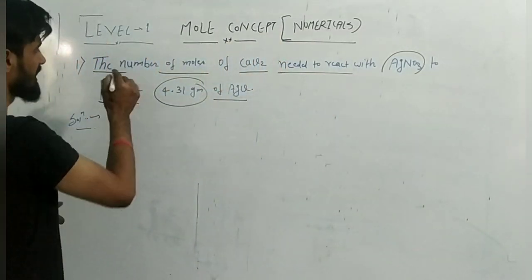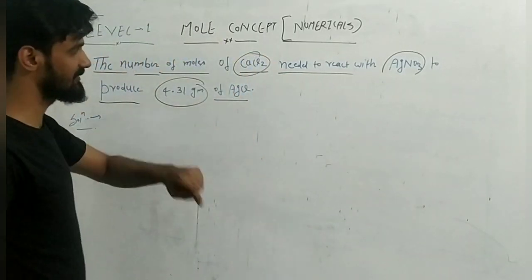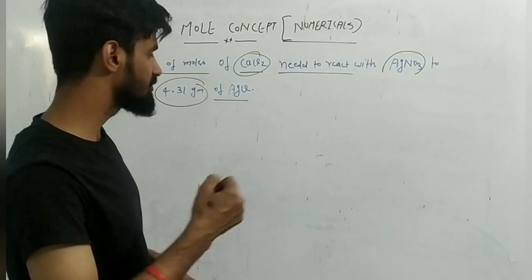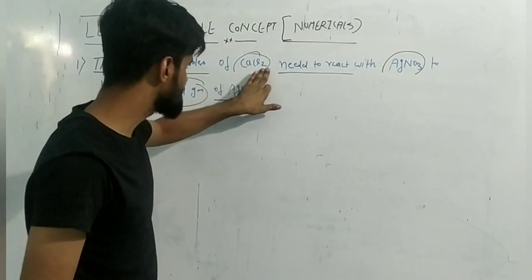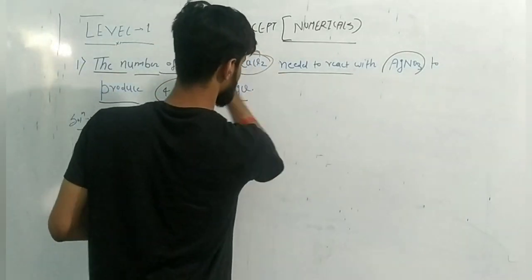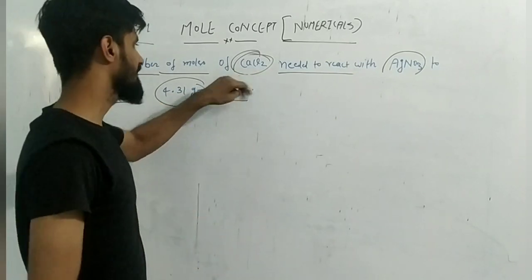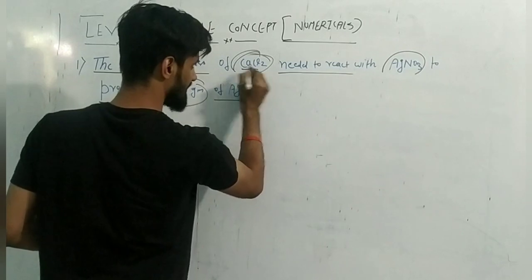Okay, first you have to understand which element is given, because most of the students used to make calculation mistakes. They will be very fast and they don't understand which element is written over here. So first try to understand this thing, it's CaCl2, because if you are calculating the molecular weight, then definitely you can make some mistake here. So focus on this particular thing.